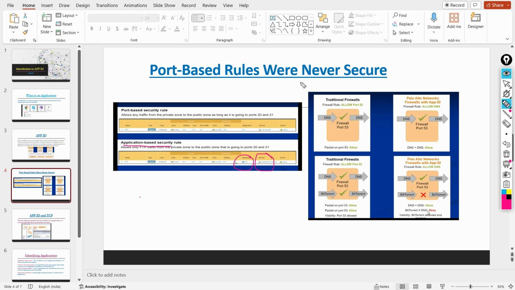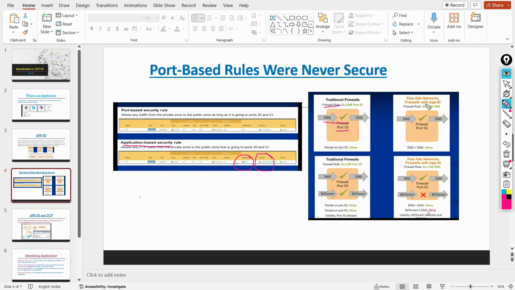Let's look at another example of traditional firewall rules based on port numbers. In this slide, let's say the firewall rule allows port 53. In this case, any traffic that comes with port number 53 will be allowed.